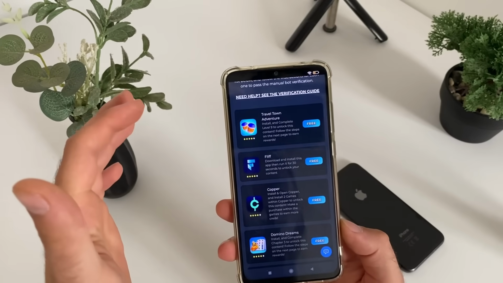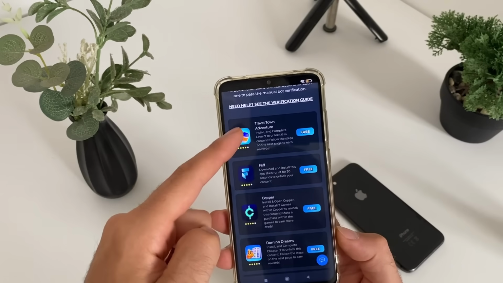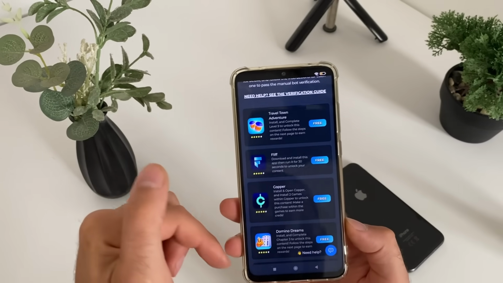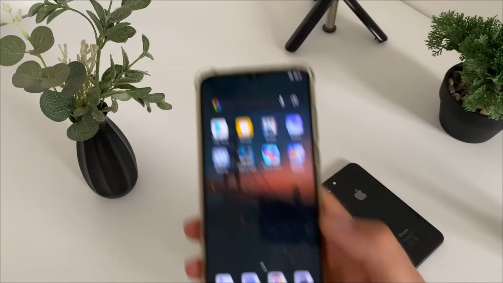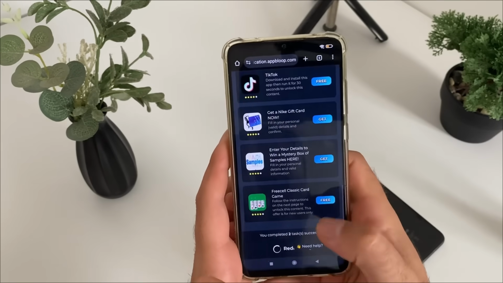So guys, I always choose the games because I love to play games. So I will download Travel Town and Domino Dreams and complete the task. I'll be back after I complete these 2 tasks. A few minutes later. Okay guys, I have just completed this task and this task, and I got this message: